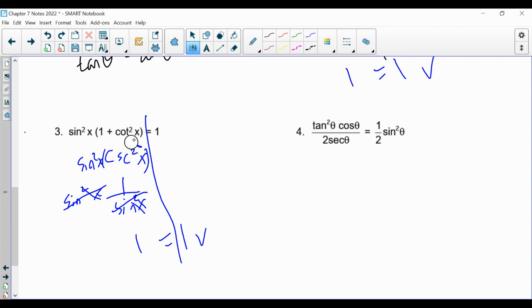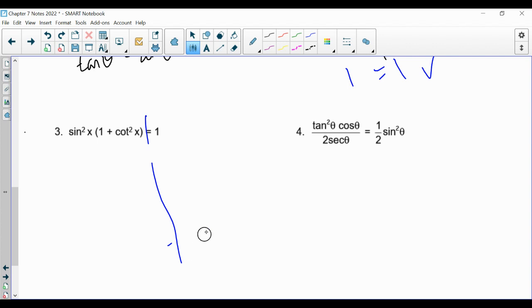Let's say you forgot about that property, the Pythagorean identity, I should say. And you were like, I'm stuck. I don't know what to do. Change everything to sines and cosines, right? So you say 1 plus, and then this would be cosine squared x over sine squared x. And then if you multiply this out, you get sine squared x times 1, which is just sine squared x, and then you get sine squared